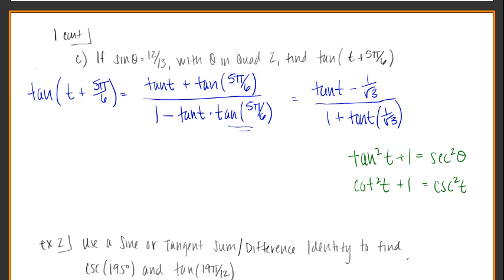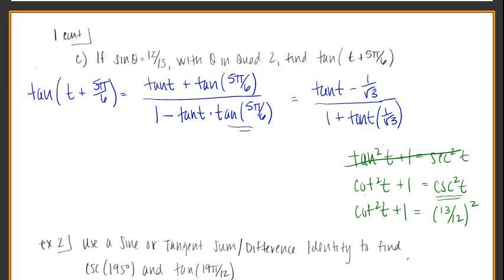So the question is, according to the information that I have, sine will give me cosecant by taking the reciprocal, and then this will solve for cotangent, take the reciprocal of that, and I got tangent. So I don't know, let's try that one. We don't really need the first one, we're going to go with the second one. So cotangent squared t plus 1 is cosecant squared, and cosecant's the reciprocal, so we're going to write this as 13 over 12